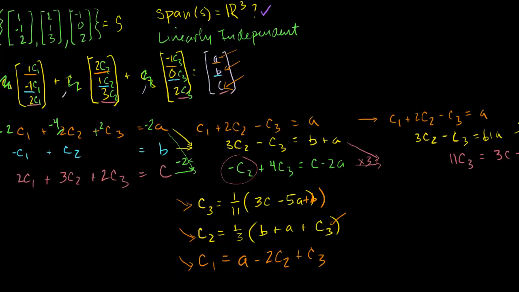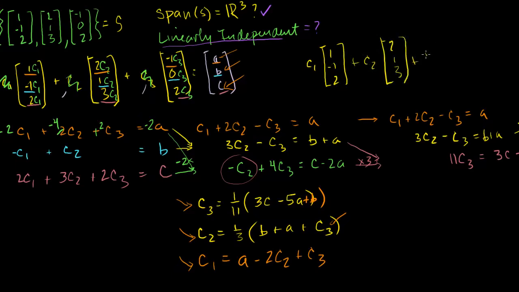Now let me ask you another question. Are these vectors linearly independent? Now, we said that in order for them to be linearly independent, the only solution to C1 times my first vector, (1, -1, 2), plus C2 times my second vector, (2, 1, 3), plus C3 times my third vector, (-1, 0, 2)